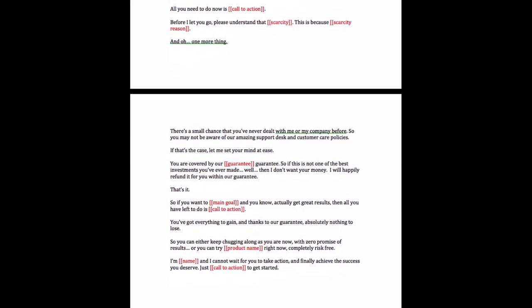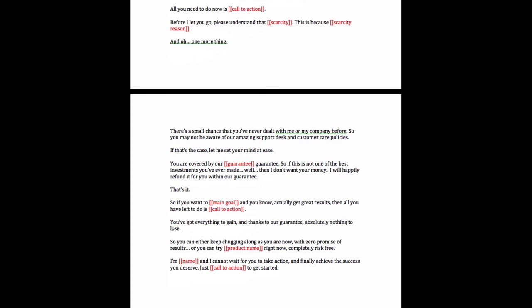And then finally, we're going to hit them with two call to actions, and we're also going to do two closes here. Now what's happening here is the first close, as you'll see, where it says, so if you want a main goal and actually get great results, then all you have left to do is this. So basically with that whole section, what we're trying to do is go for a more emotional close. So they're going to basically stay right where they are now if they don't take this